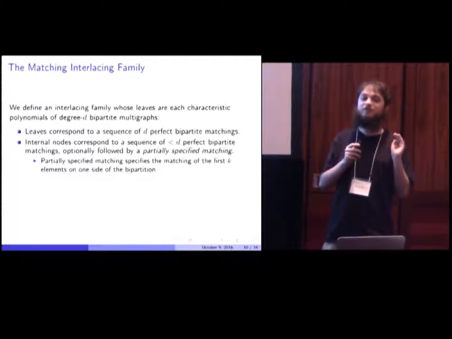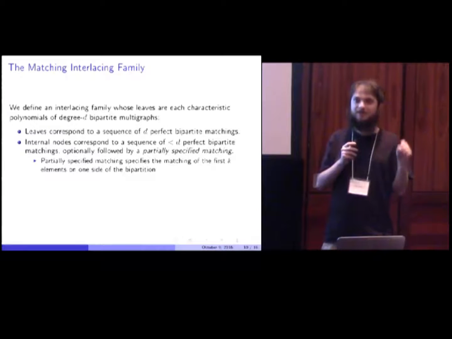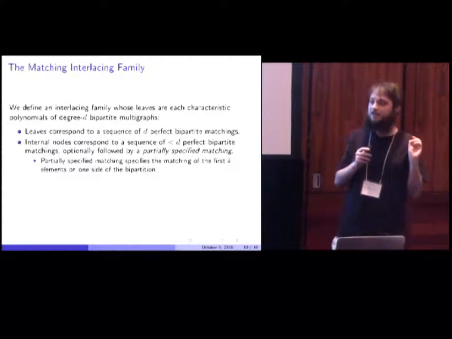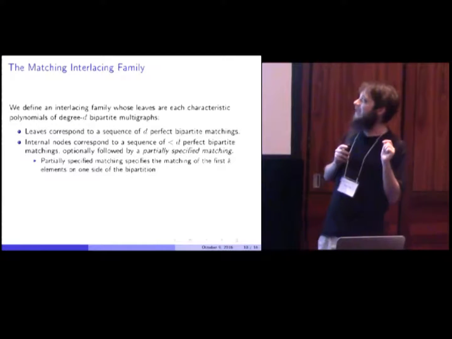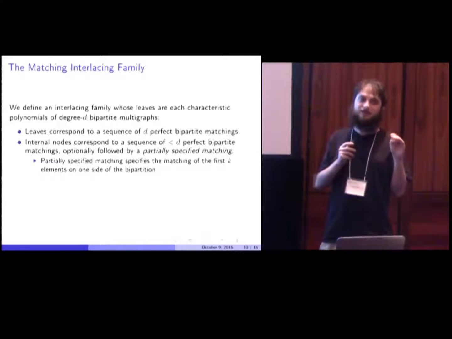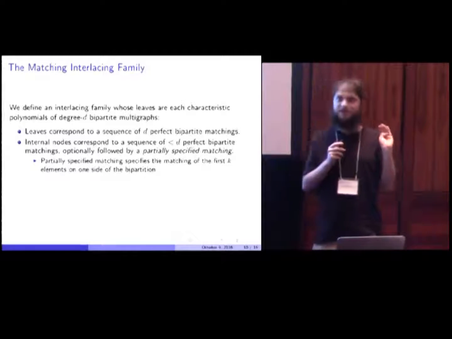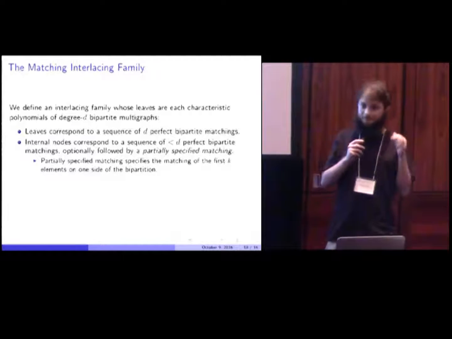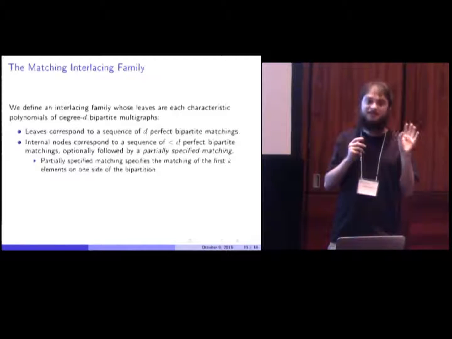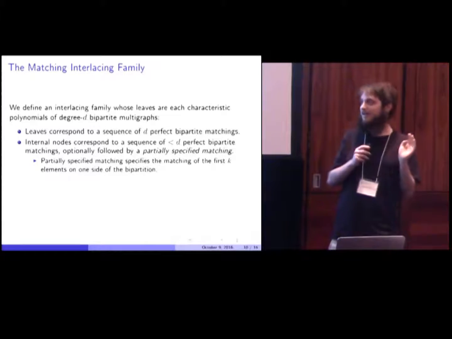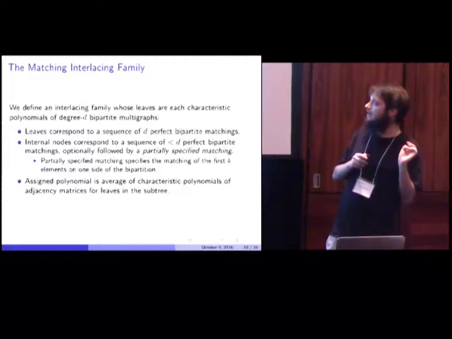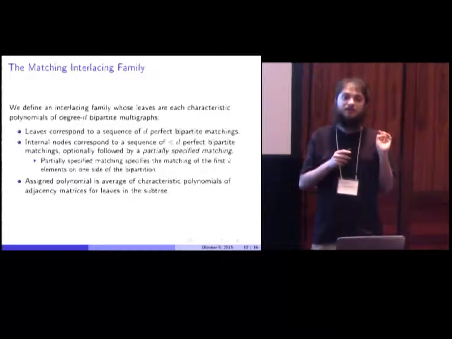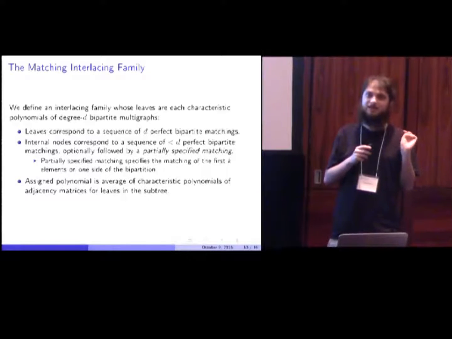So basically, you can commit to one edge in the matching, then another edge, and you're always committing to one edge at a time. It doesn't really matter, but just to specify it arbitrarily, we can say you commit to matching the first vertex on the left side of the bipartition, then the second vertex, et cetera. You match them in order, and you match them to whatever they get matched with. Okay. So the polynomial is just set to basically the expected characteristic polynomial of all sets of random matchings consistent